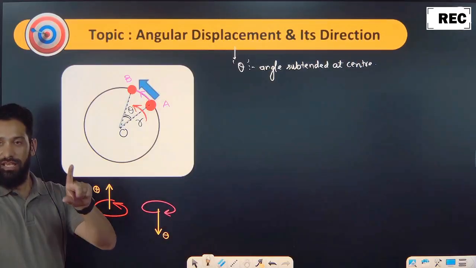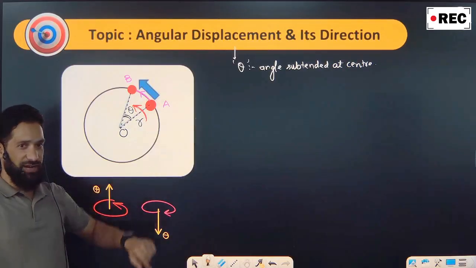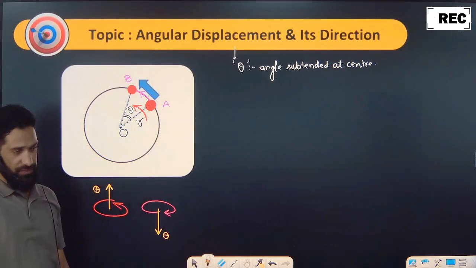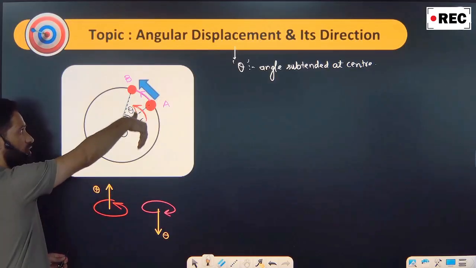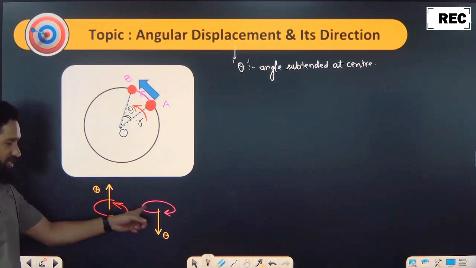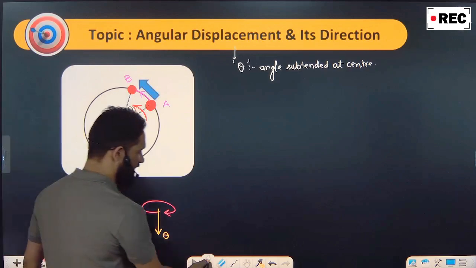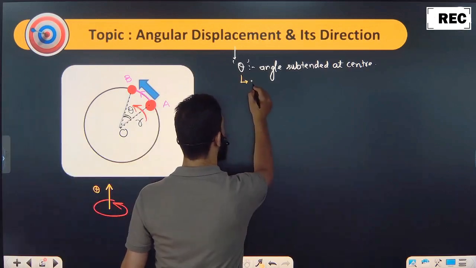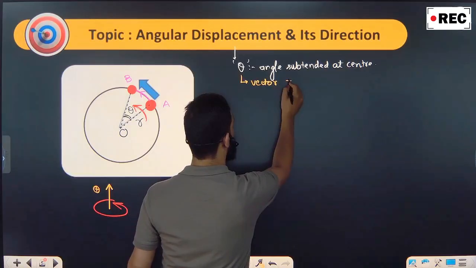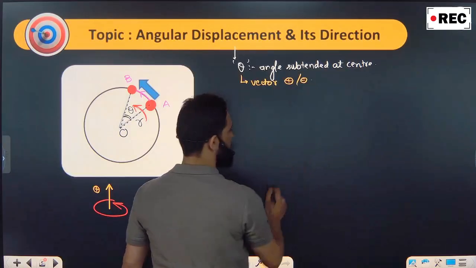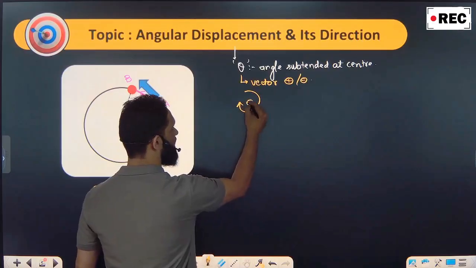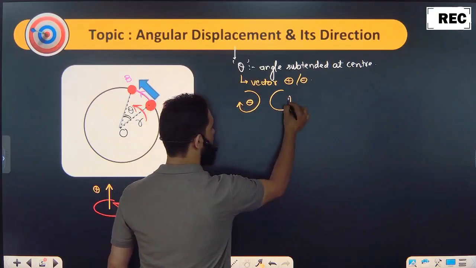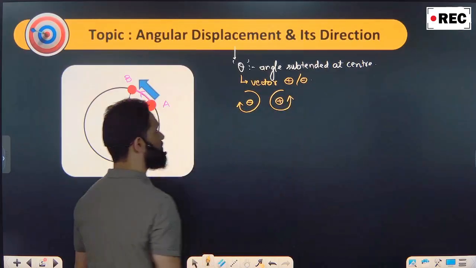So one thing, is this angular displacement scalar or a vector? Vector. Why? Because if it is anti-clockwise, I give the direction out of the board. If it is clockwise, I give the direction into the board. Same, this right hand curl rule, right? So this angular displacement is just like a displacement. It is a vector quantity. It can be both positive or negative, depends. If it is clockwise, I give it a negative direction, right? If it is anti-clockwise, I give it a positive direction.